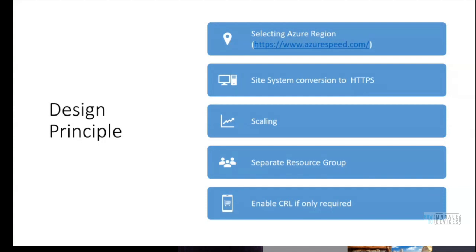That is azurespeed.com. This website will give you the latency between the machine on which you open this website and the Azure regions. What you need to do is open this website from the server where you are planning to install the cloud management connection point, because we are not so concerned about where you are deploying the cloud management gateway, but we are concerned about the CMG connection point, because the CMG connection point and CMG